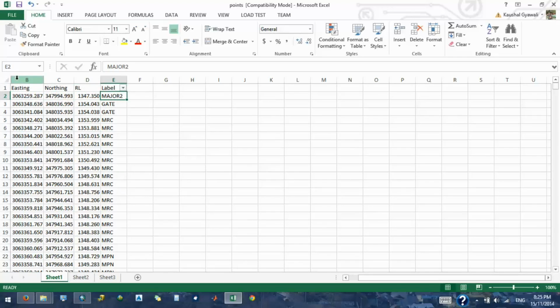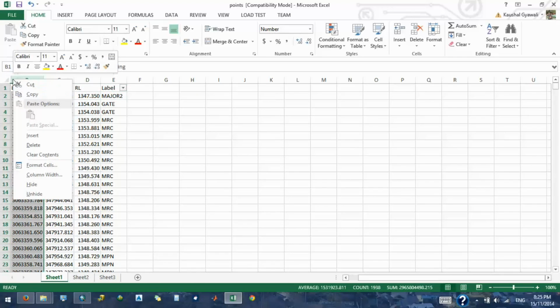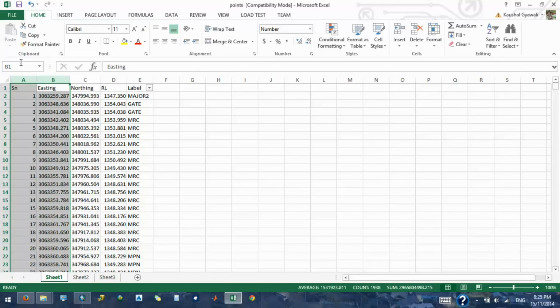Let me keep that file unhidden. Where is it? Unhide. So the serial number and label may not be necessary. So you need easting, northing, and RL. And this file has to be saved in